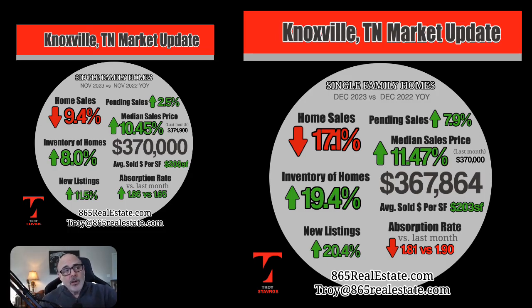And remember, when we look at home sales, if we're talking about 1 to 2 months ago, in October, we had interest rates at 8%. So that would make sense why home sales are down now if those are the homes that are closing now, because less went under contract when interest rates were above 8%. But pending sales are up 7.9% in Knoxville. The inventory of homes is up 19.4%, so definitely more homes on the market. New listings up 20.4%. Lots of new listings coming on the market, but median sales price compared to a year ago is up